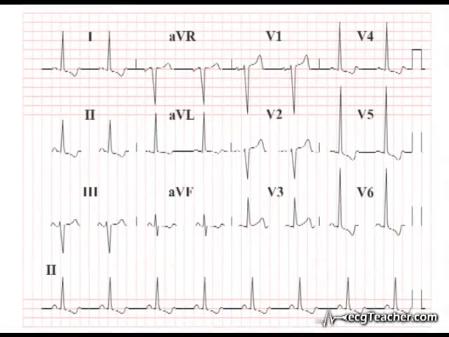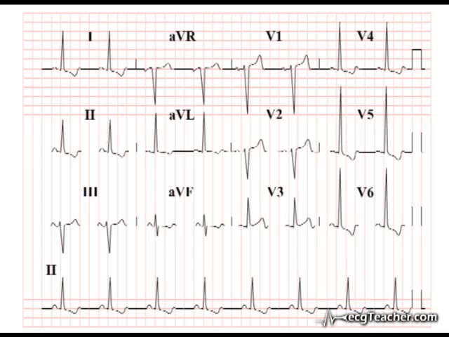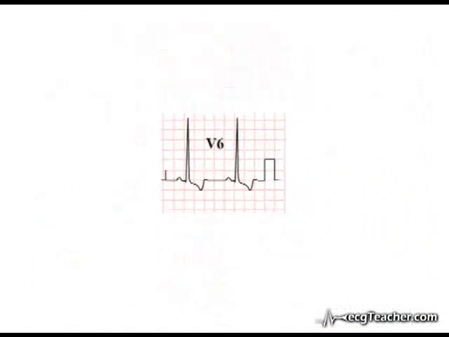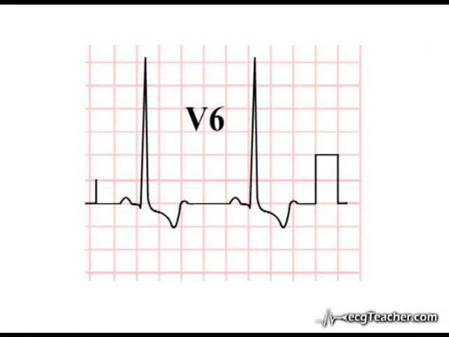Apart from the voltage criteria, you may also have picked out the striking changes in the ST segments and T waves present on this ECG. Notice how the T waves in the left-sided chest leads are inverted below the isoelectric line. Also, if you look closely, you can see that these T wave changes are accompanied by alterations to the ST